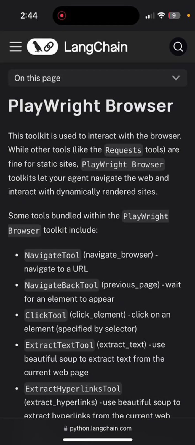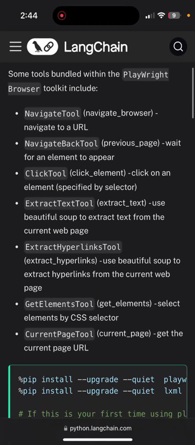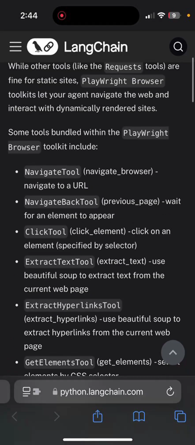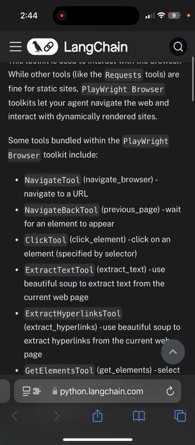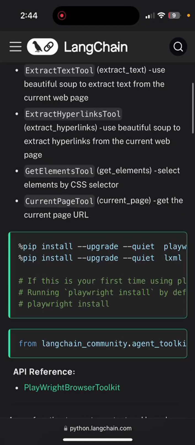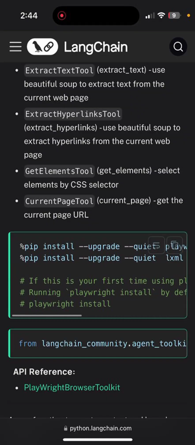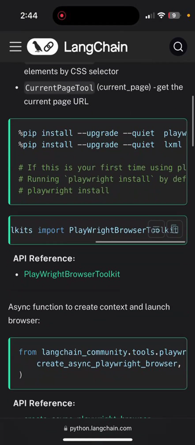Some tools bundled with the Playwright browser toolkit include navigate tool, navigate back tool, click tool, extract hyperlinks tool, get elements tool, and current page tool. So this is just a bunch of extensions, Chrome extensions, that are using the Playwright browser library. And this is from LangChain community import